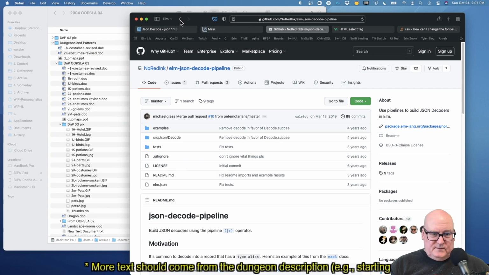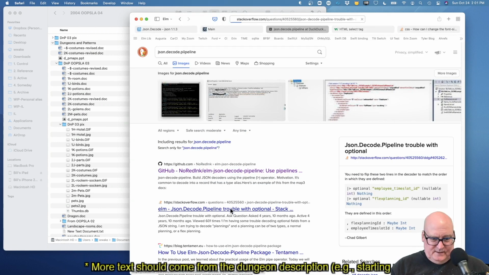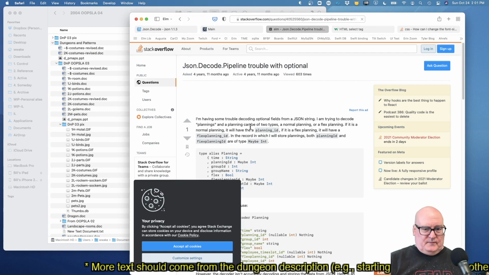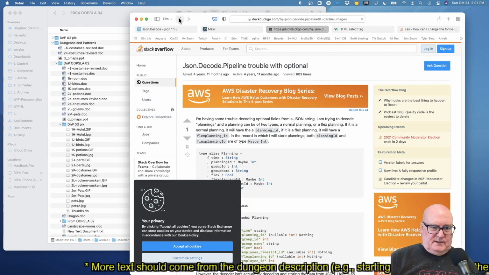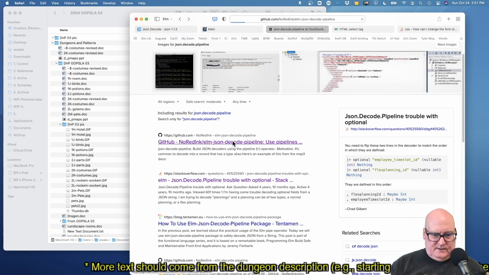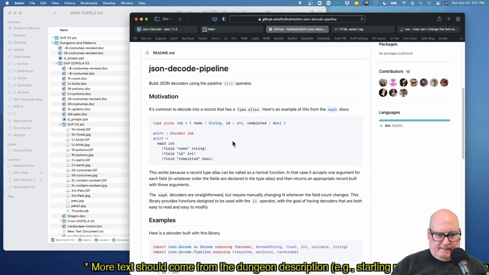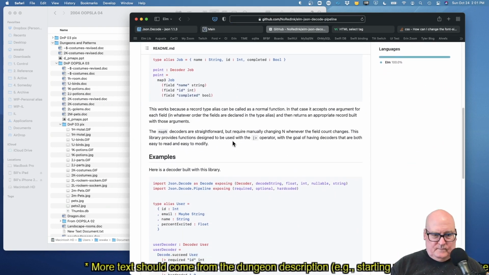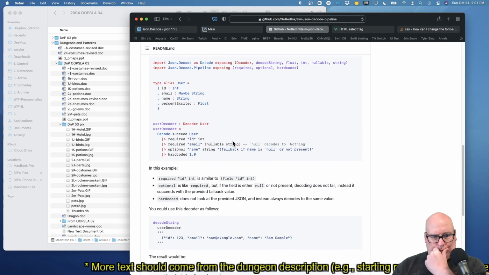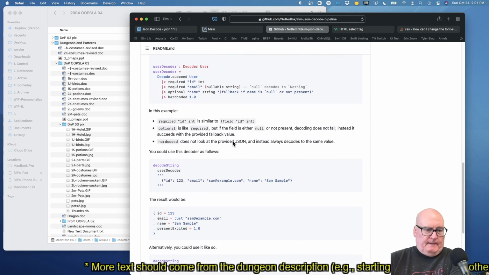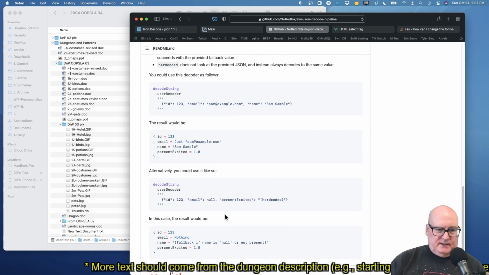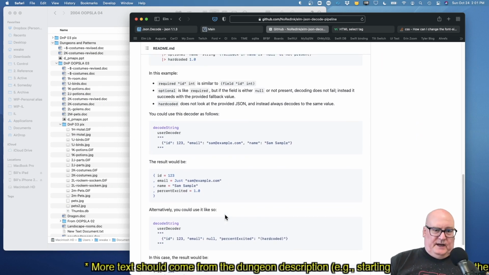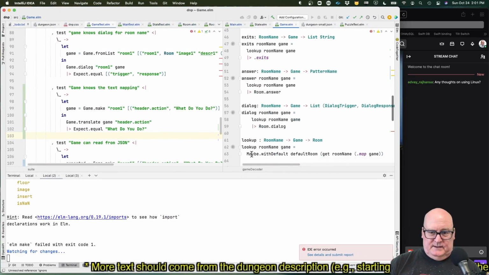Ooh, something right after this said something about optional. No, that's not really it. Okay, let's see this. Well, hard-coded might be okay. Yeah, let's try that. Hard-coded and then a value. Okay.